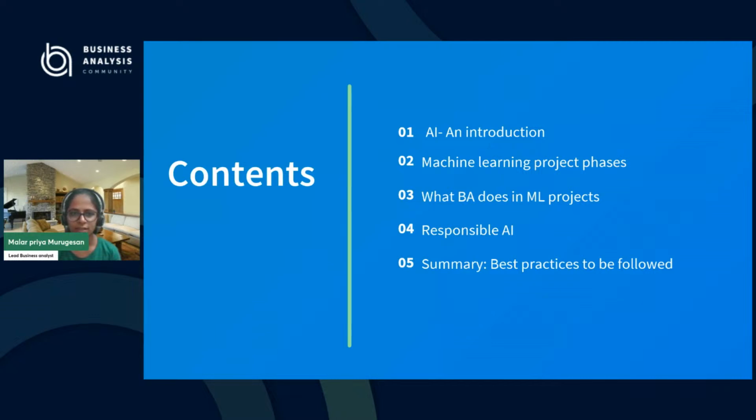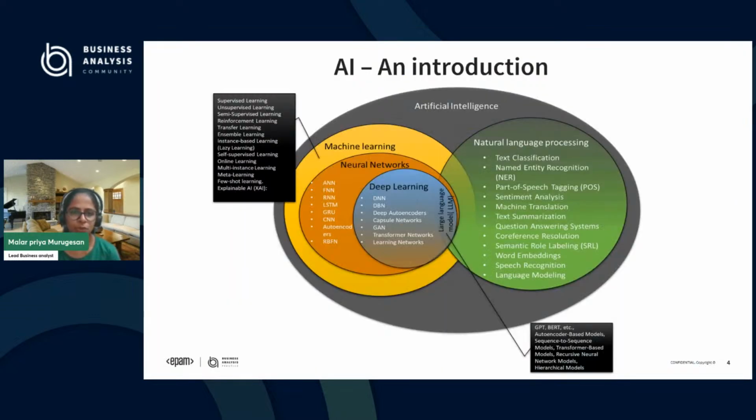Okay, then let's get started with the introduction. Machine learning is one of the basics of artificial intelligence. Right now the world is moving towards Gen AI and LLMs. You can see where the LLM is. It takes the deep learning part of machine learning and natural language processing. That is how an LLM is developed. But what is the basis for everything? It is actually machine learning and natural language processing. And for machine learning, data is the fuel, right? Without data we are not going to do anything. So data, statistics, mathematics, everything is important for machine learning.